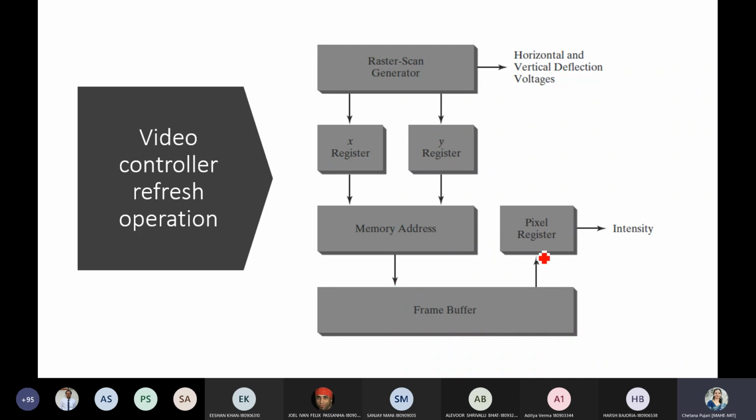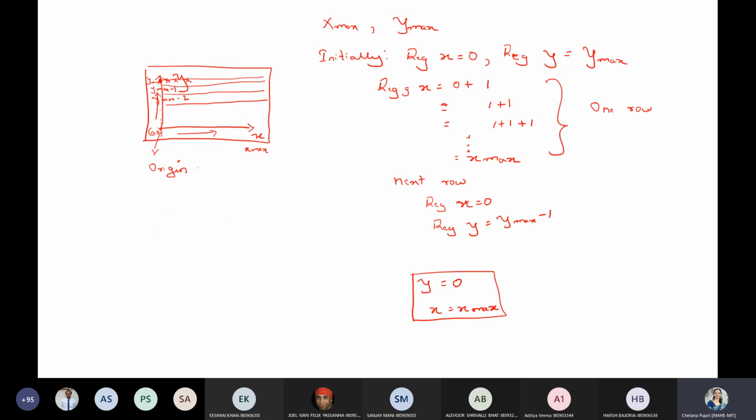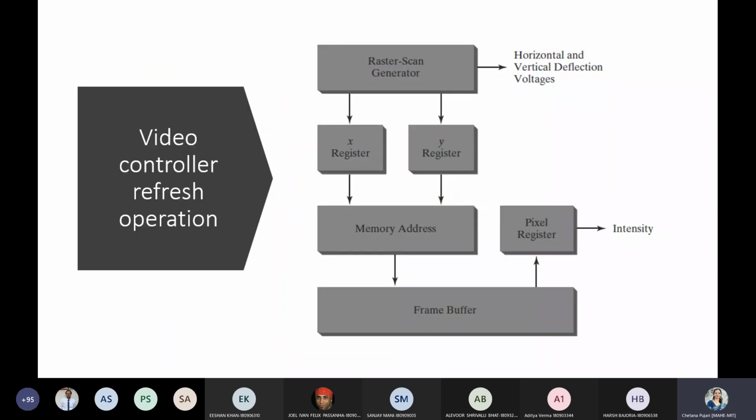That is stored in a pixel register and then sent to your video controller to control the intensity of your beam. So this is how it works. In order to understand this, I gave you this background explanation. I hope this diagram is clear now. Yes, ma'am.